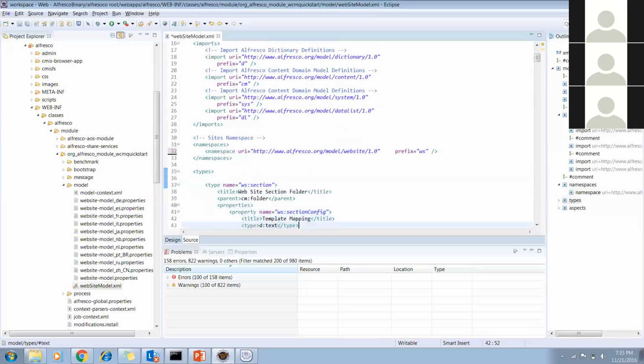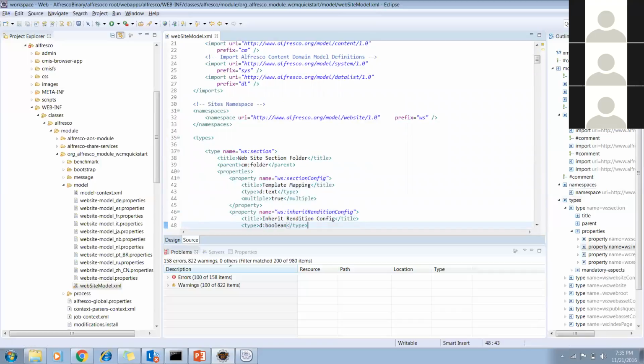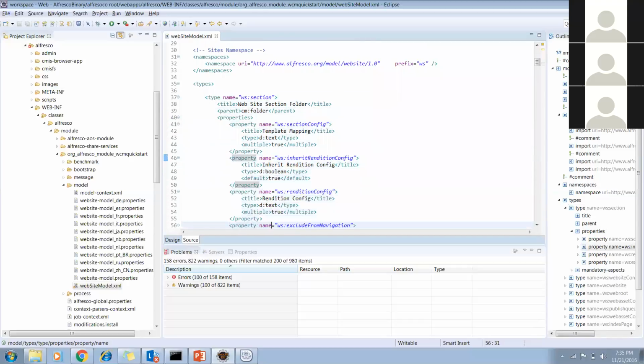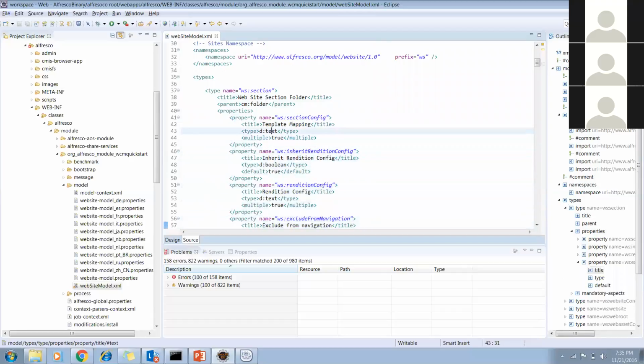So like that, last time we created the aspects. We didn't create the type. A type is also where we can have properties and aspects. So they might be creating some type of sections. For creating a section on the page, they might be using this type. I am just going through this. They have created certain properties where they can store the related values. See, this is for creating the content model.